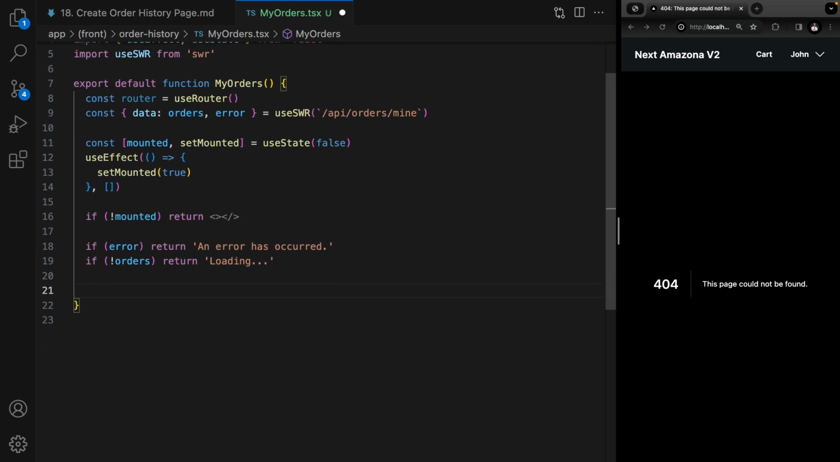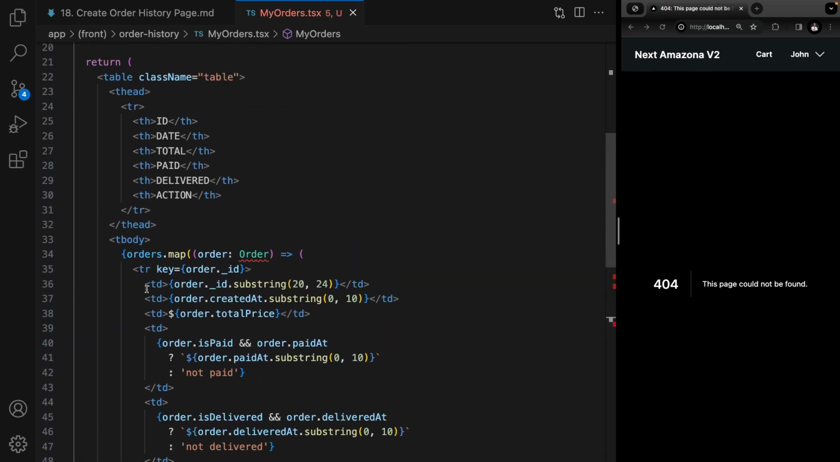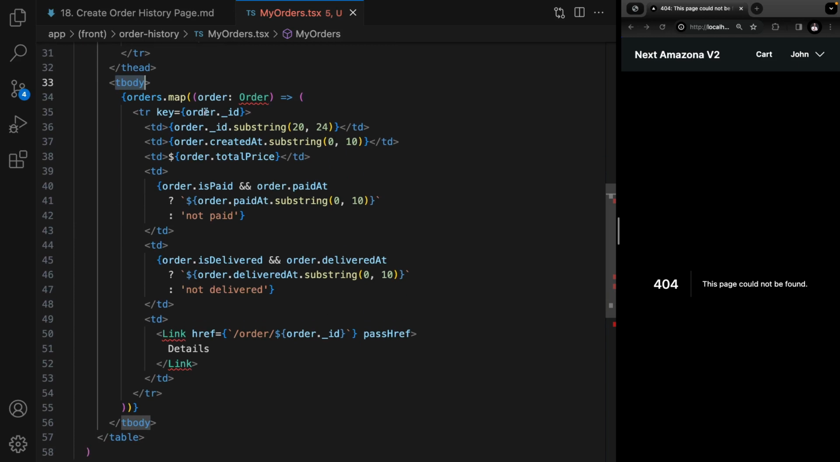Here we are ready to shape the UI of the MyOrders component. Return a table. In the table header, display columns for ID, date of order, total price, paid status, delivered status, and action to get the details of the order. In the table body, call the map function on orders from the backend, and for each order of type Order